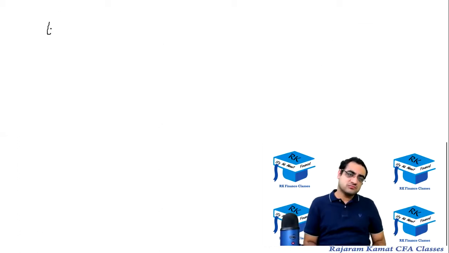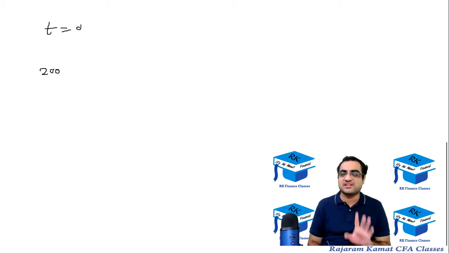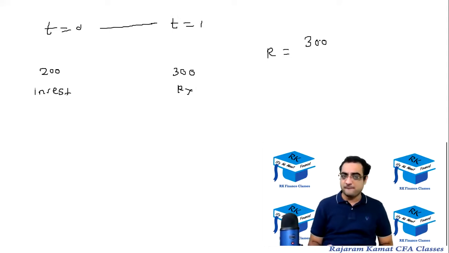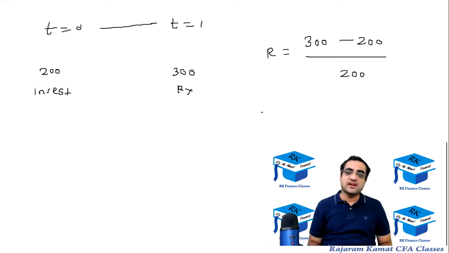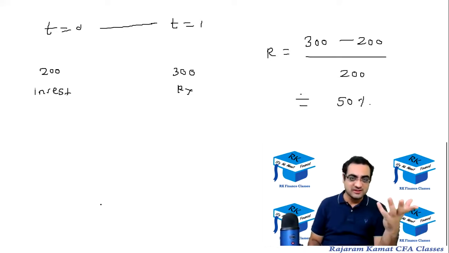Another example, let's say you are going to invest in Burger King right now, whose price is approximately 200. So you invest 200 right now, and at the end of 1 year, let's say Burger King reaches 300. So you'll be receiving 300 by selling Burger King. The return is for a period of 1 year, so you could use that formula, ending minus beginning upon beginning. Ending is 300, beginning is 200. 300 minus 200 is 100, 100 upon 200 is 50%. Any doubts? I hope it's quite easy, but still, are there any doubts?